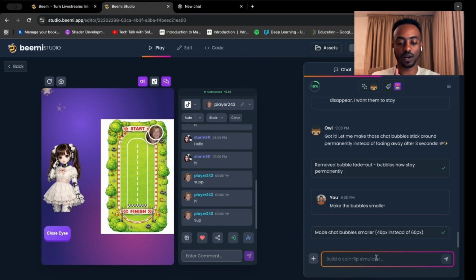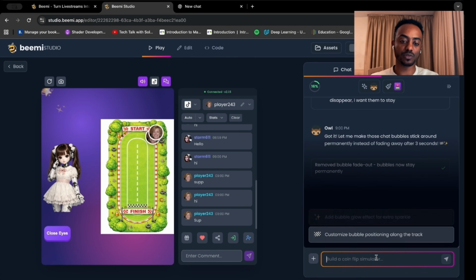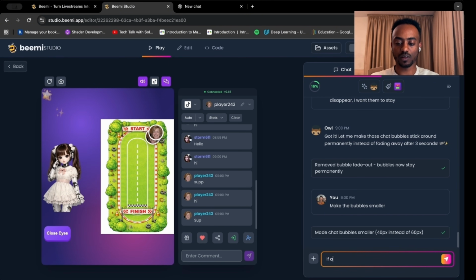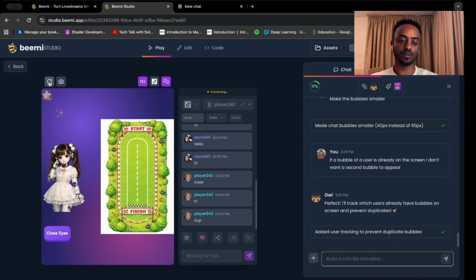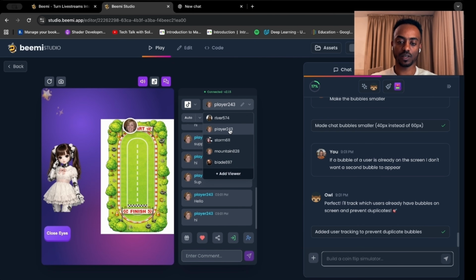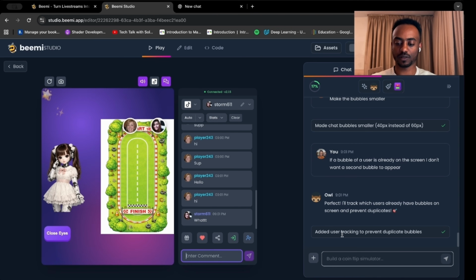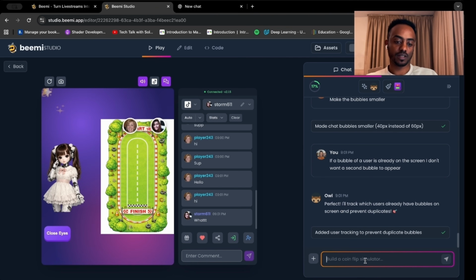Okay. Now what I want to remove is I don't want the same user to appear again. If a bubble of a user is already on the screen, I don't want a second bubble to appear, right? Let's see. Hello. Hi. Perfect. It's working. Let's actually add another user. What? Perfect. It's actually working. Now,